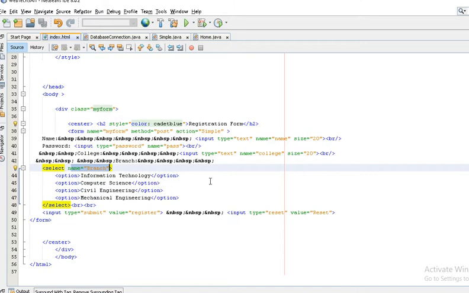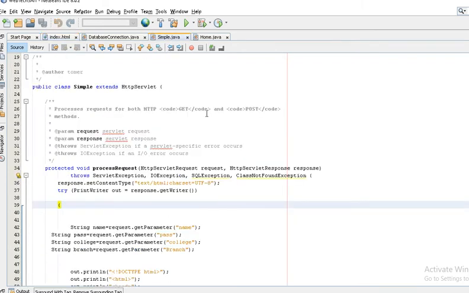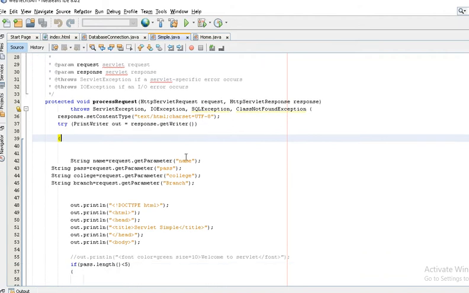If you have a little bit of knowledge about server-side programming, or the servlet, we retrieve these values on the server side on behalf of the names you have given in your HTML page. So just work on some servlet part: name, pass, college, and branch.